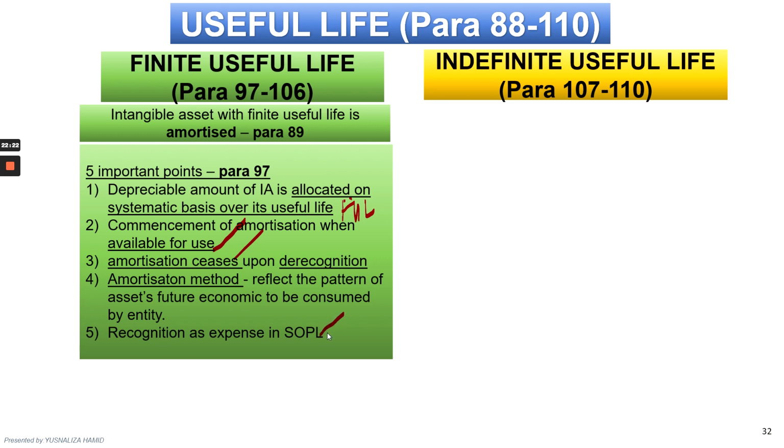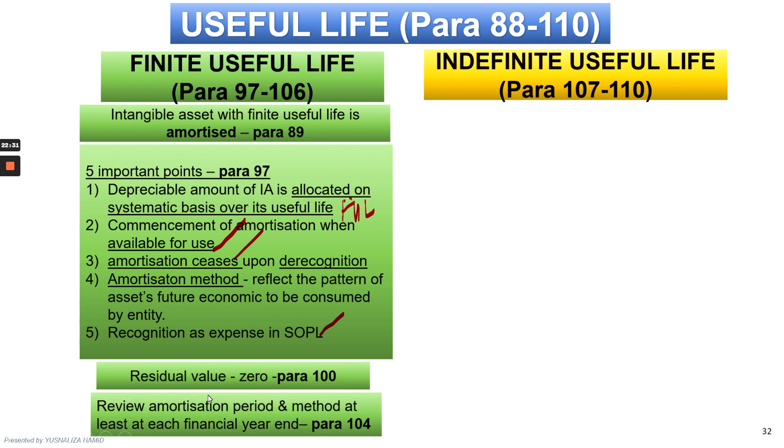So it is always recognized in the SOPL, statement of profit or loss. The residual value is assumed to be 0. That is under MFRS 138 paragraph 100. The amortization period and the method need to be reviewed at least once a year,